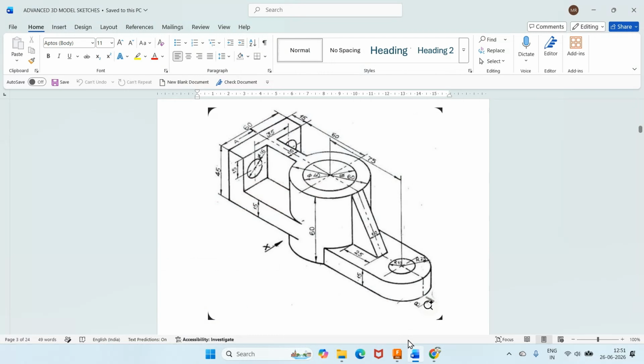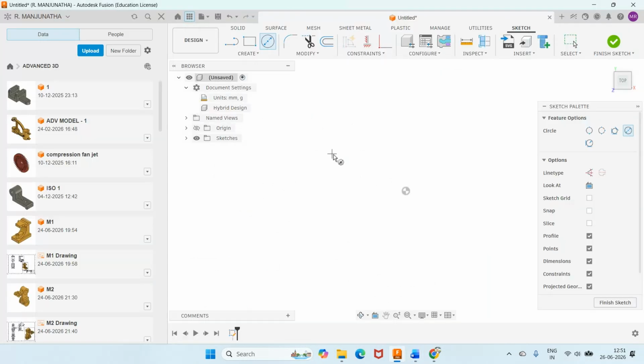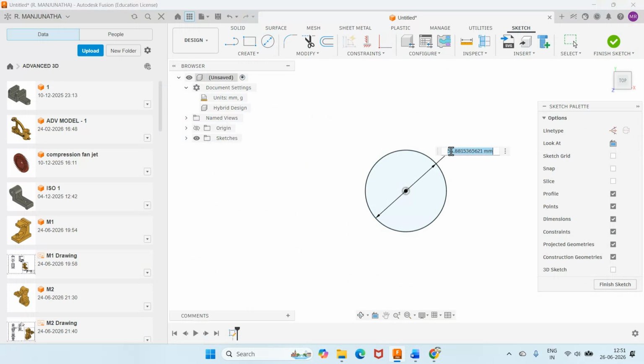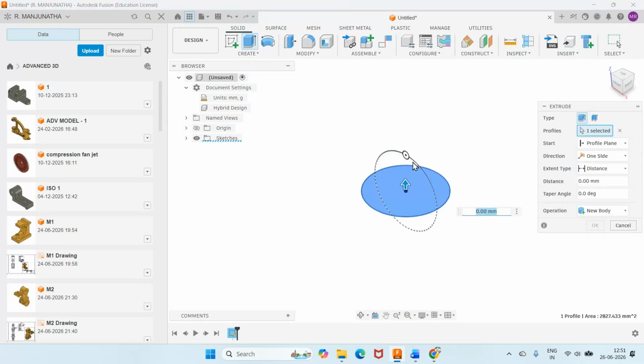Go to diameter, select this, give the diameter as 60, enter, go to finish sketch, go to extrude, select this, give the dimension as 60, click on OK,